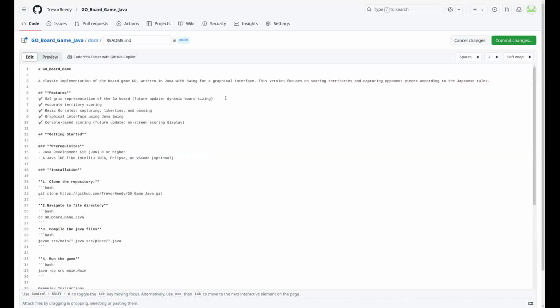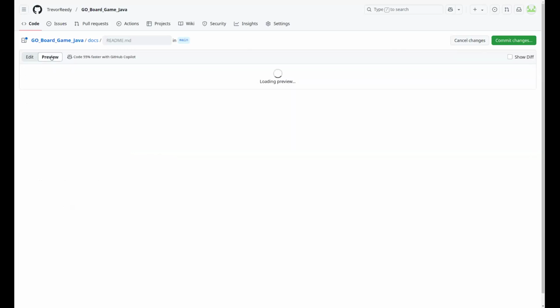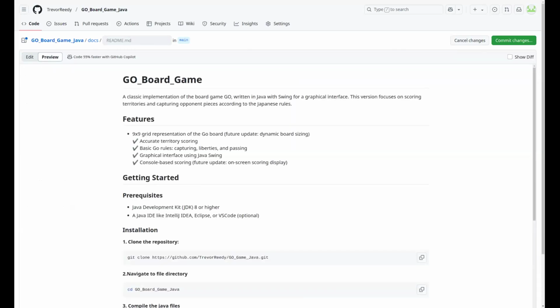Another thing here is to make line breaks. Two spaces and an enter will allow you to have line breaks. I believe you can also do this with an asterisk, and it will make an unordered list type of format here. And I can have this go all the way down as well.